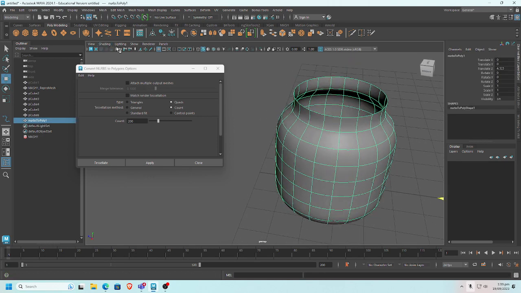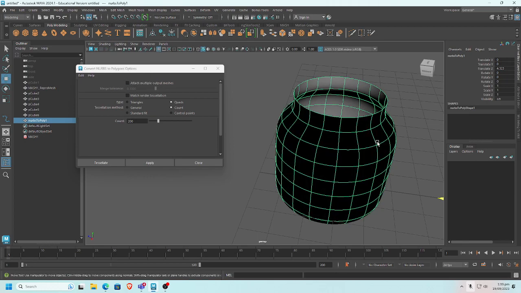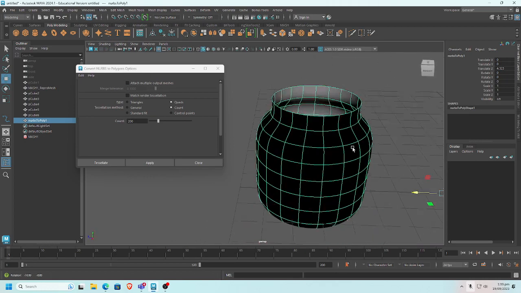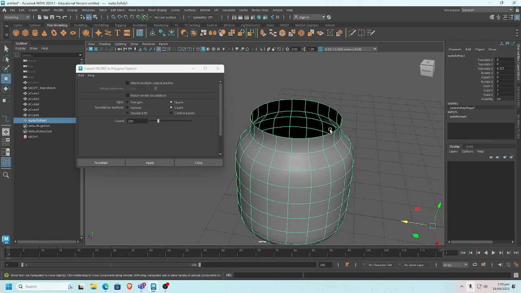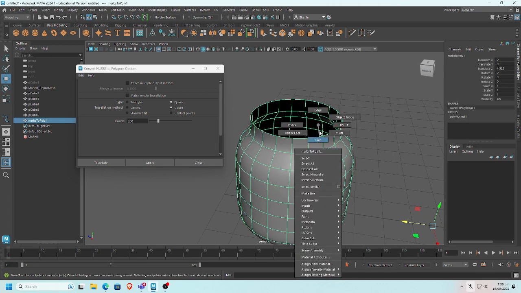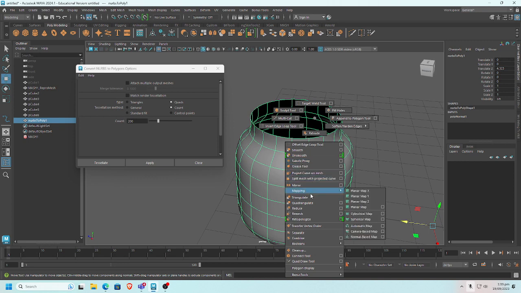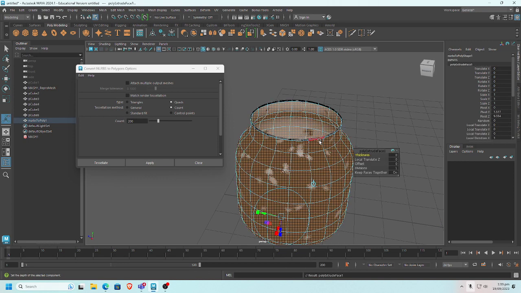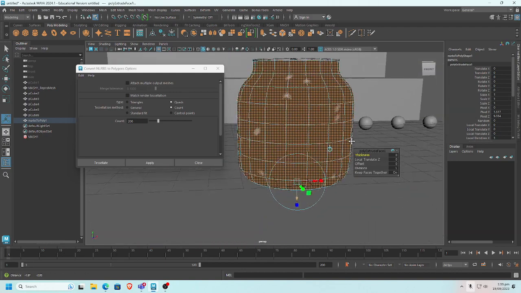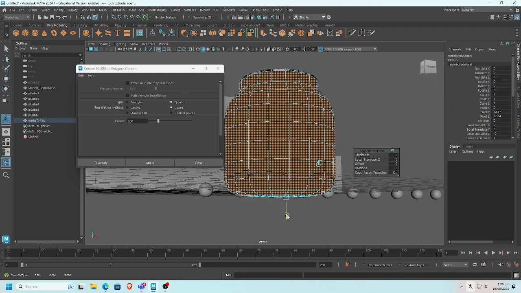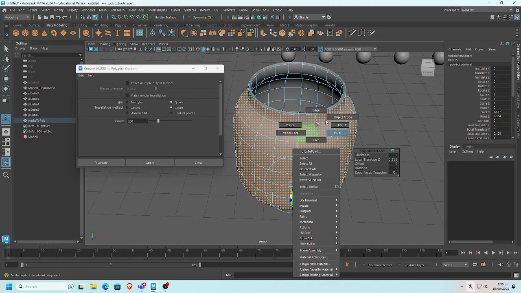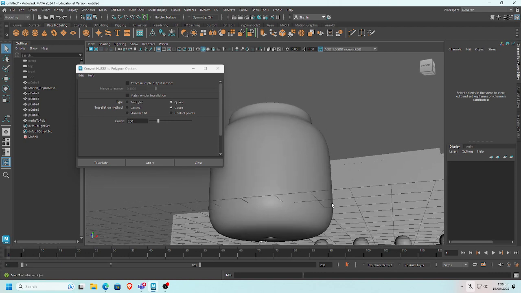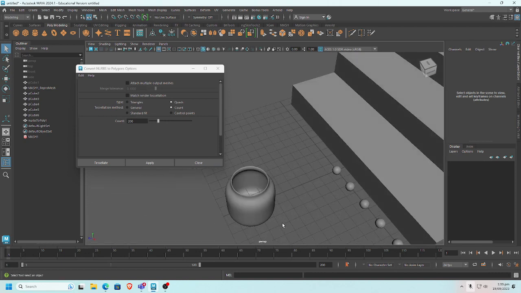And I'm going to turn off this two-sided lighting, so I see the issue with it, which is it's inside out. So I have to go to the mesh display and reverse. So now it's the right side. I can also shift right click and extrude it out a bit. So give it a bit of thickness as well. So that's sort of a nice piece of